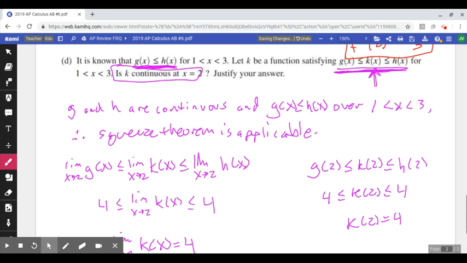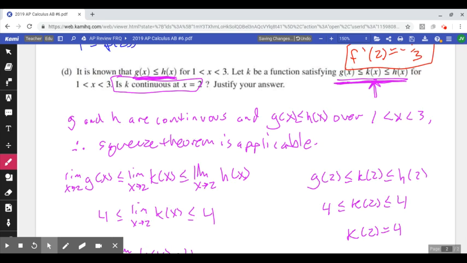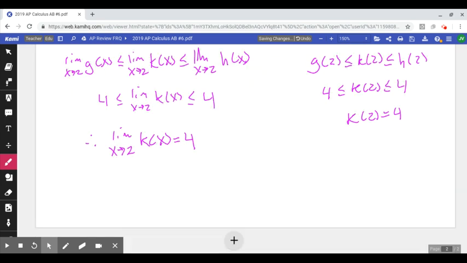Now let's answer the question. So I like to go back and see what the question is asking us. It says, is k continuous at x is equal to 2? And we can say k is continuous